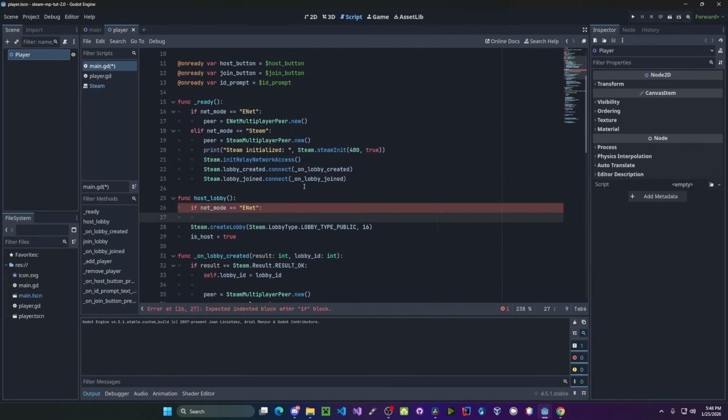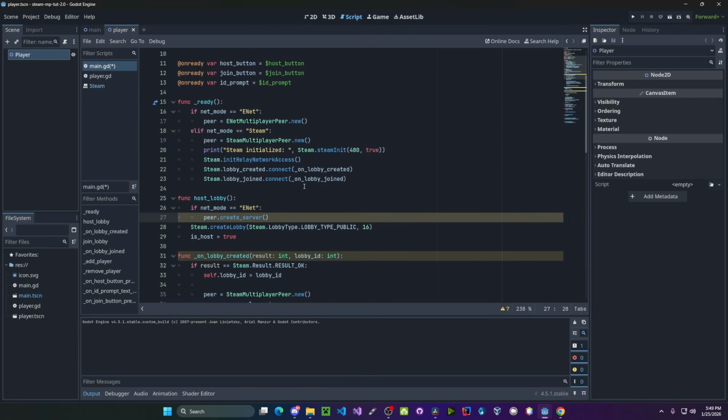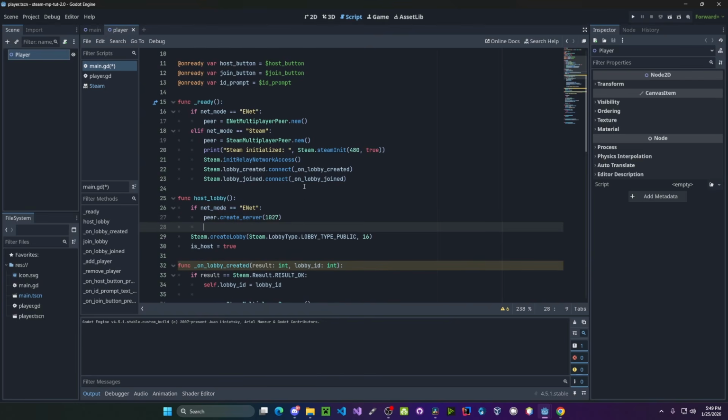If it's ENet, we're going to peer dot create server, and we need to pass in a port. This will be any port that you choose. I'll do 1027. Next, we'll do multiplayer dot multiplayer